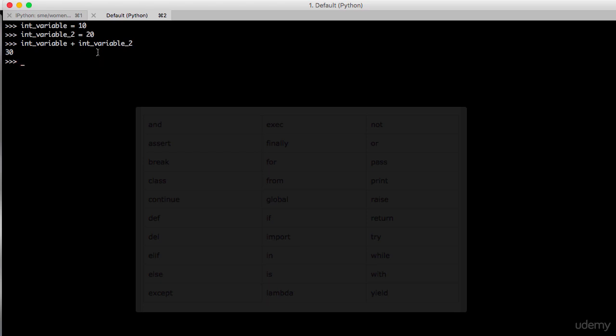Let's check that. Now you can't perform arithmetic operations on these two variables, since they are variables of two different data types.